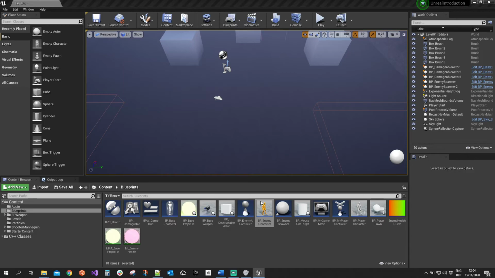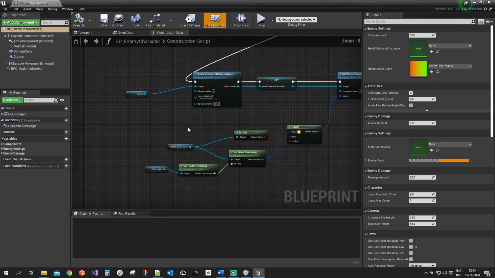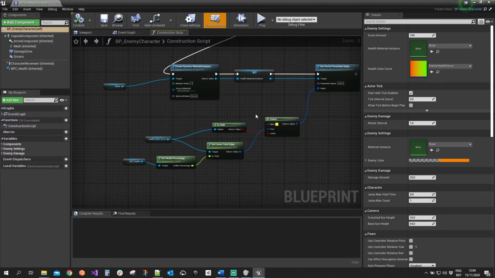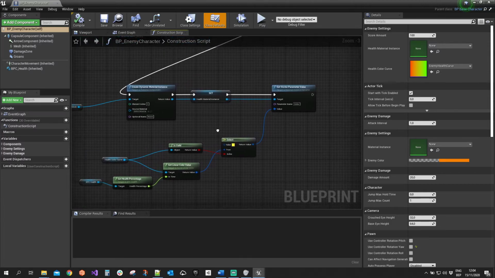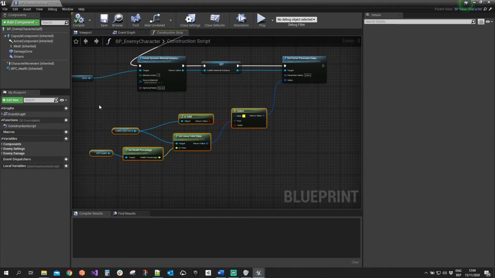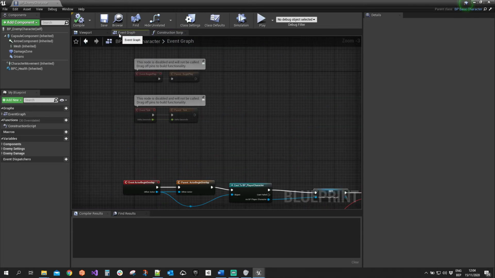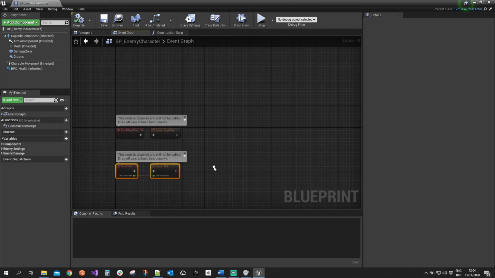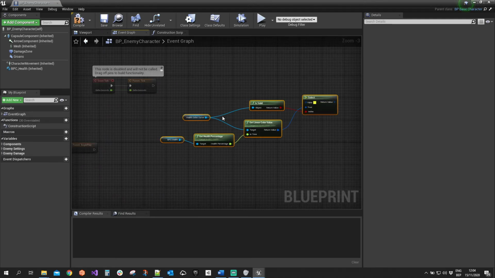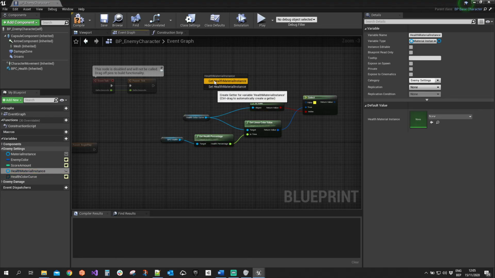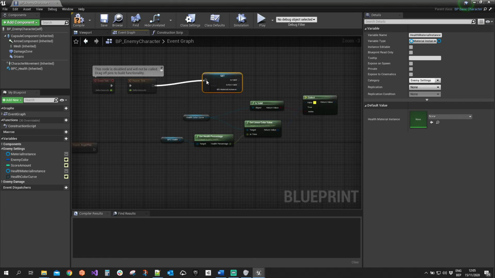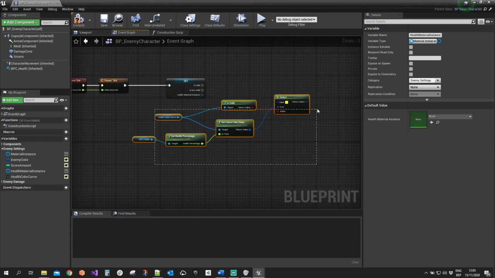But now I actually want to change the color based on the current health status. Right. So let's go ahead and let's copy paste this. So let's take this and let's head over to the event graph and let's go to our event tick. Move it to the side here a little bit, paste this in here, and then we're gonna have a look at our enemy settings. We're gonna get our health material instance, get it, gonna right click, convert to validated get, like so. And if that is valid,